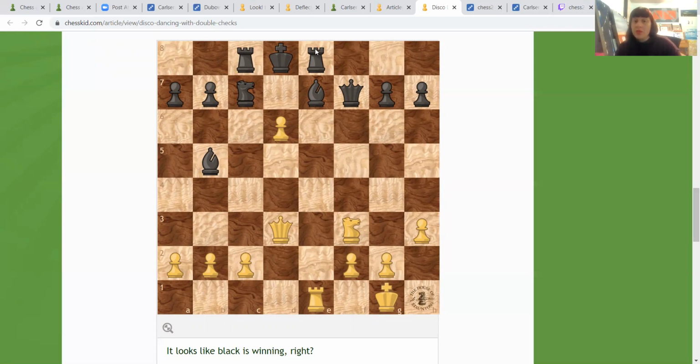Yeah. And you can't use the rook to capture the pawn because the queen still gives check. You can't block the queen's check because the pawn still gives check. So you can't block or capture. The only thing you can try to do is move the king somewhere, but he can't move straight forward because the queen still attacks that d7 square, and the king can't capture the pawn because it's guarded by the rook